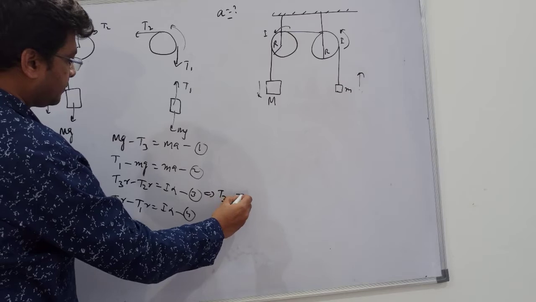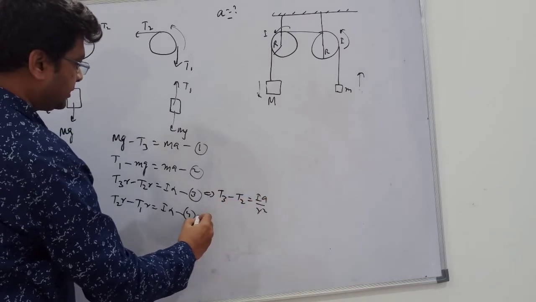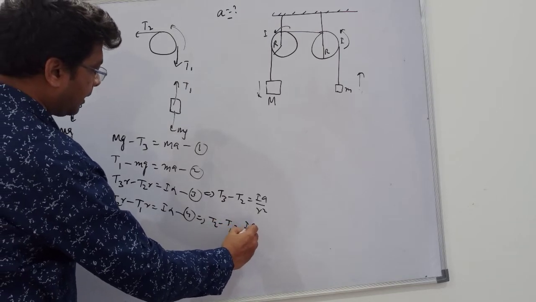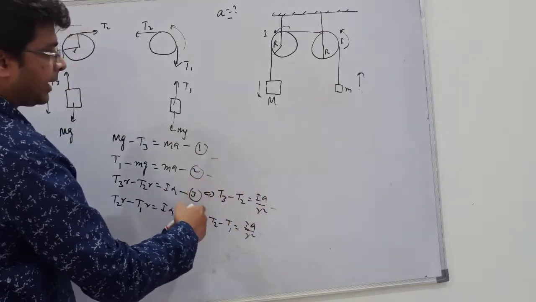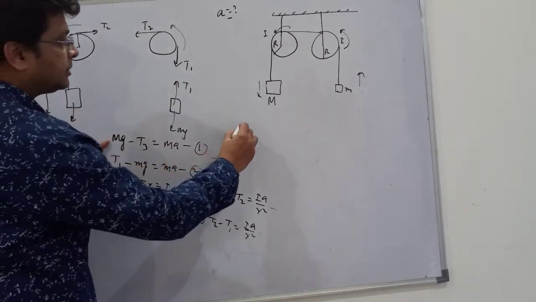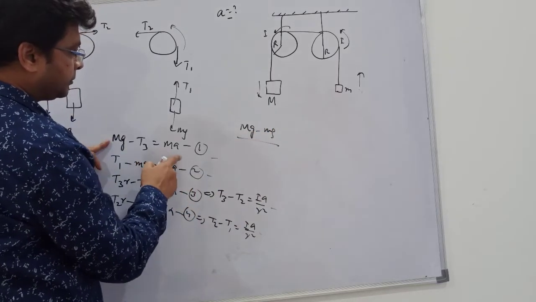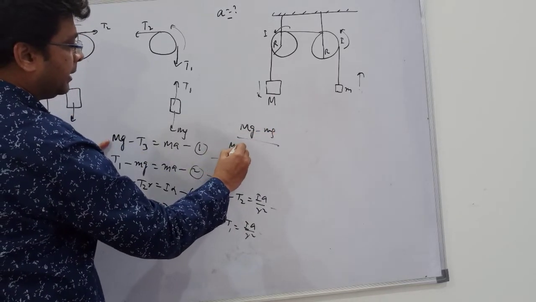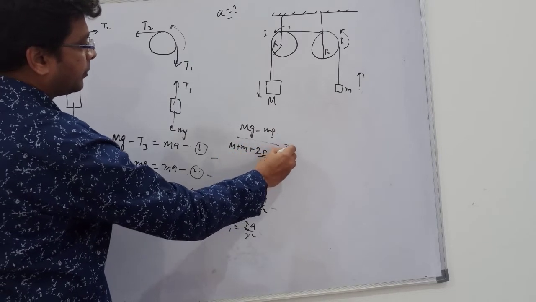T3 minus T2 is equal to IA by R square. Similarly, T2 minus T1 is IA by R square. अब 1, 2, 3, 4 इन सबको ऐड कर दो, तो मेरे को क्या मिलेगा? कैपिटल mg माइनस स्मॉल mg होल डिवाइडेड बाय, ये तो सारे टर्म्स एडेड होकर इधर आएंगे, उसको मैं नीचे ले सकता हूँ, कैपिटल M प्लस स्मॉल m प्लस 2 times I by R square.